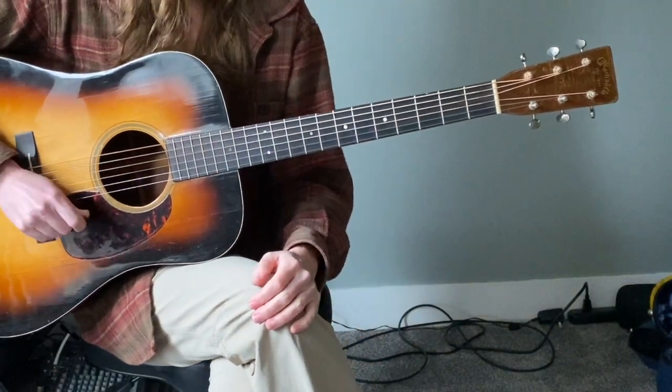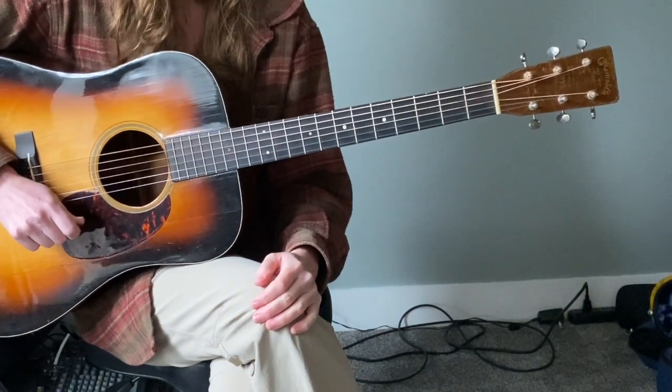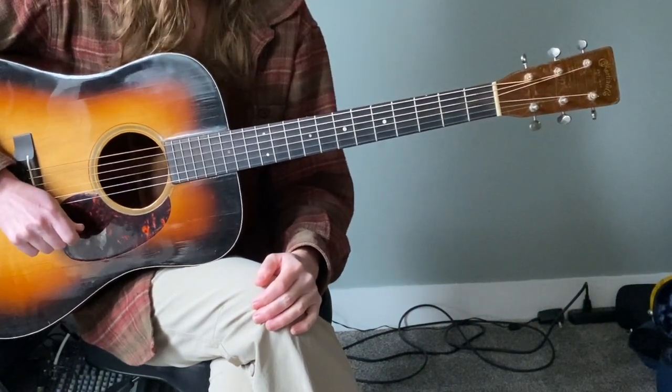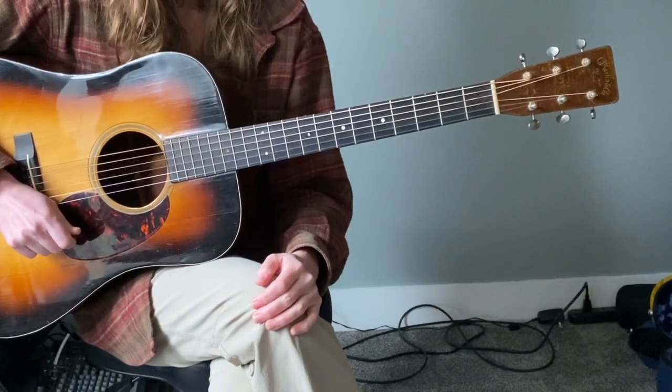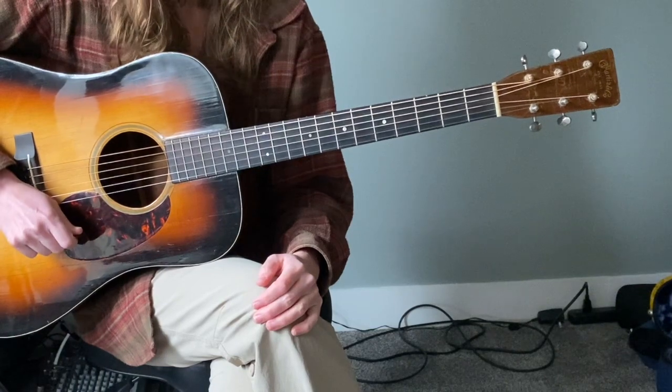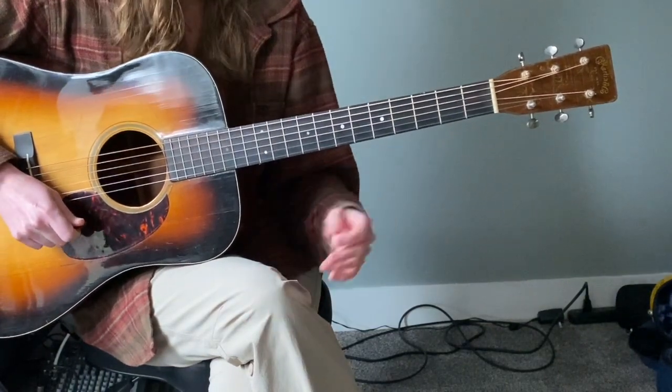To take a moment and just practice a few common chord changes on the guitar. The first one we're going to practice is changing from a G chord to a C chord. And we're going to use the full version of the G chord, which is